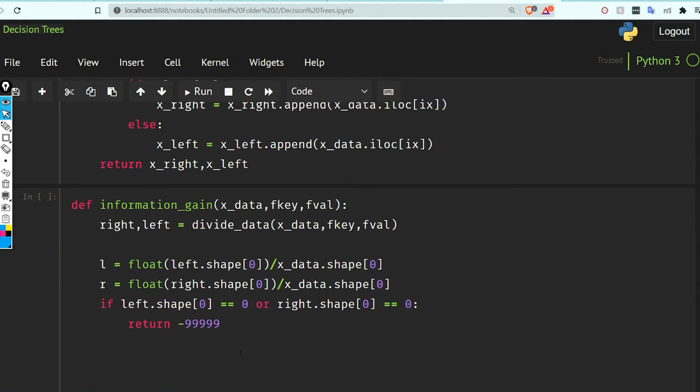So if we have this, then we return a very big number, and if we do not have this, then we are going to find the information gain.